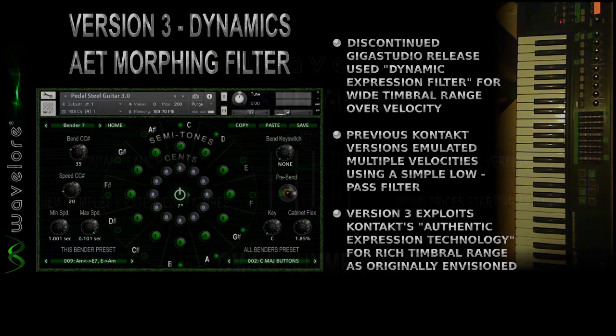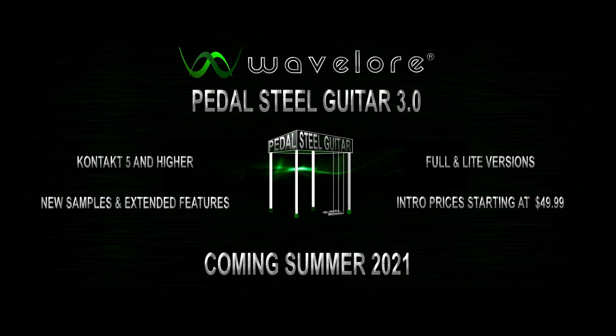So there you have it, the essential features of Wavelore's pedal steel guitar version 3.0 for Kontakt 5 and higher,